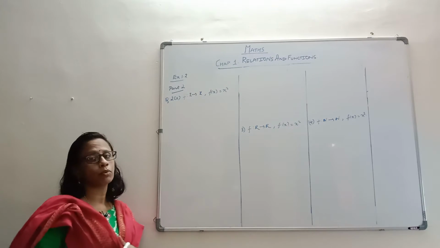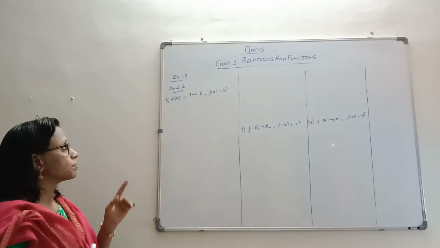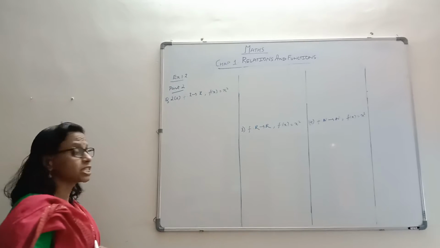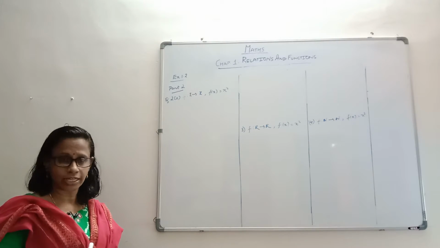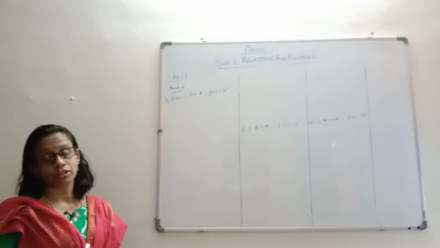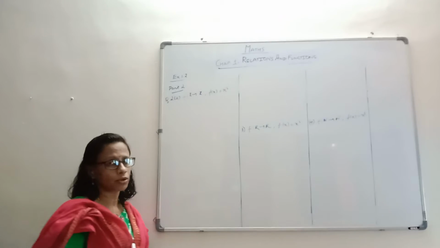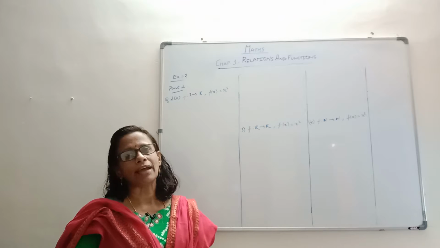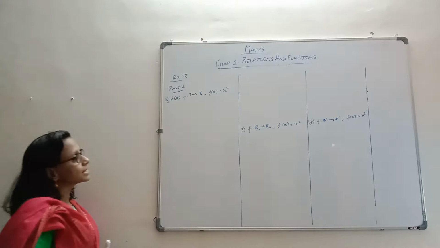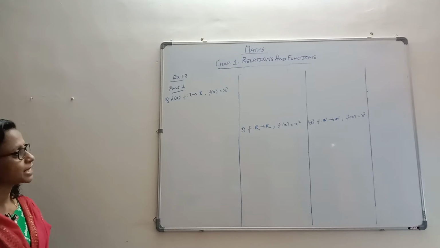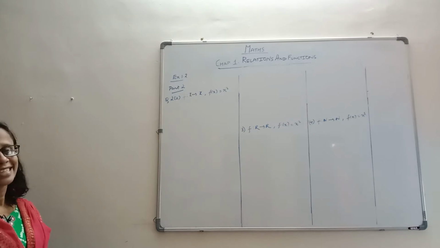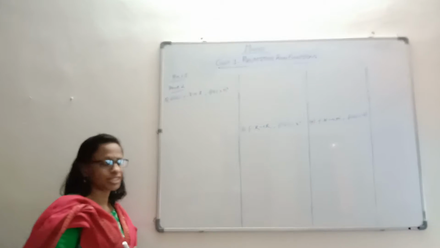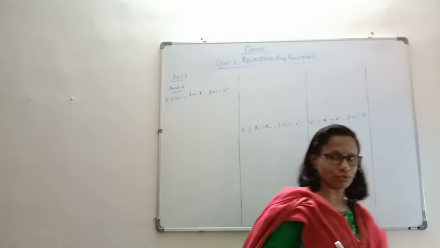Question number 2, subpart number 1 was over. Now this is question number 2, subpart number 2, where the function is defined from integers to integers, Z to Z, and f of x is x squared. You have to check whether it is one-to-one, onto, or injective, surjective. Now evidently this function, because it is from Z to Z, is not both. Actually, it's not one-to-one, and it's not onto either.